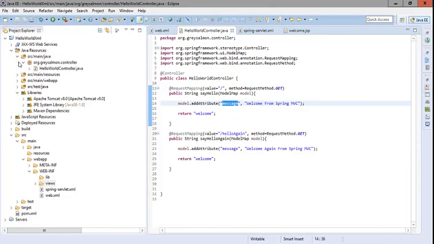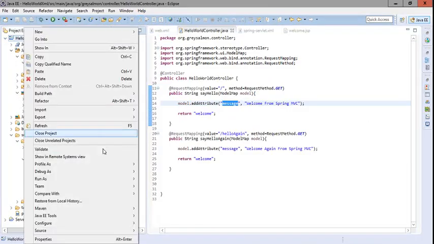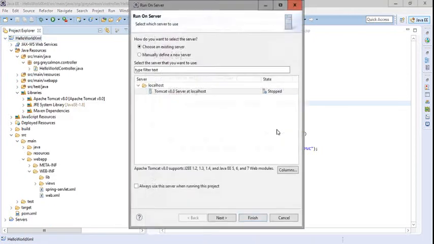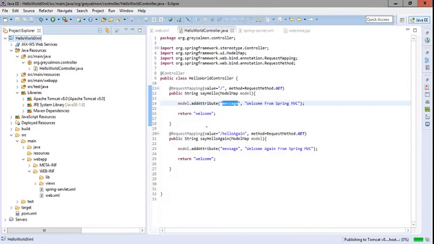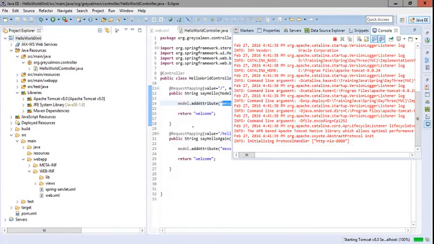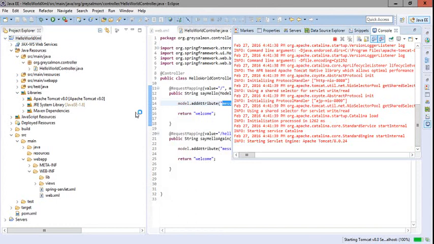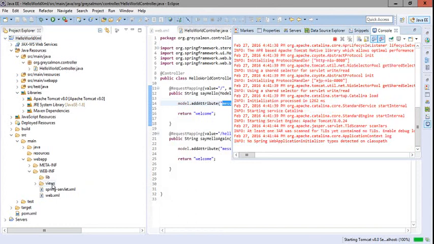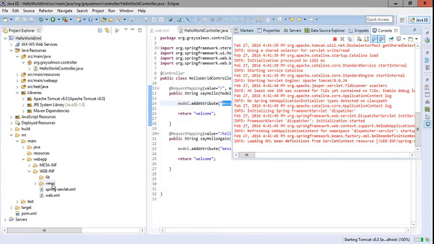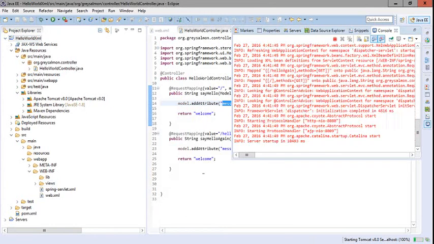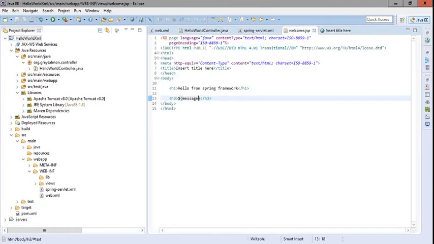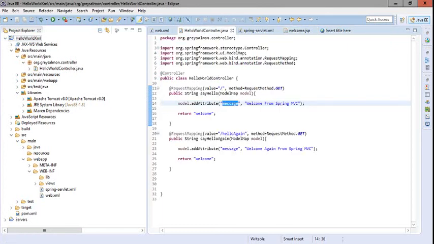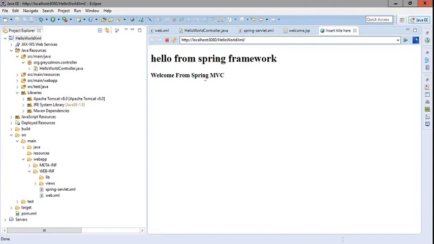So we run our project, run on server, and the expected output is that this welcome is returned by this handler, and this will be resolved to welcome.jsp, and the contents of the welcome.jsp will be displayed on the browser. Now here we go, hello from Spring Framework, and the message is welcome from Spring MVC.